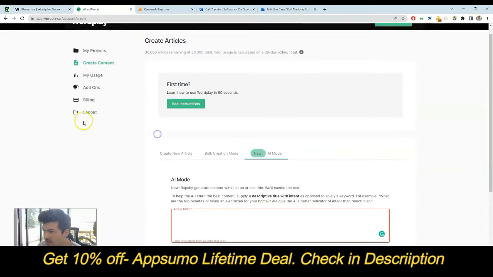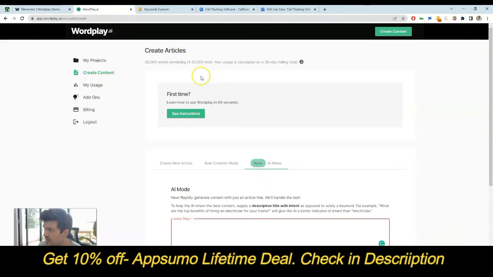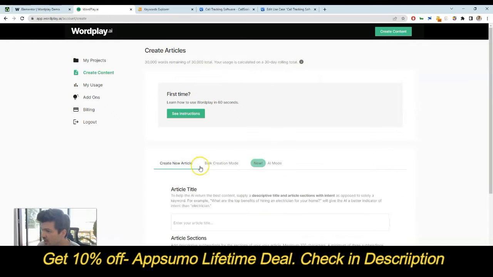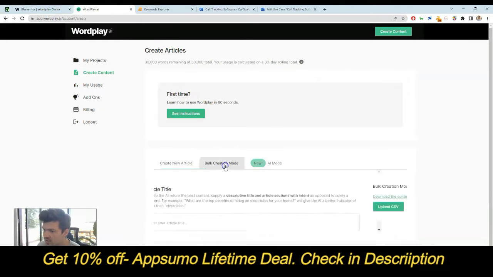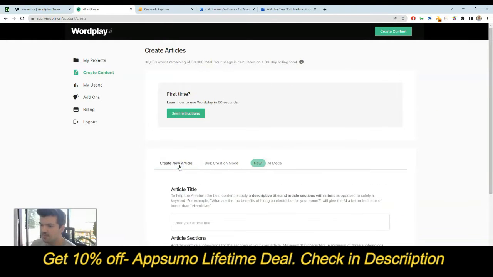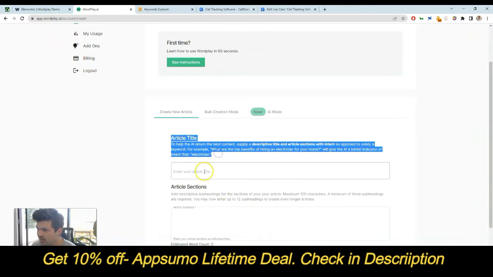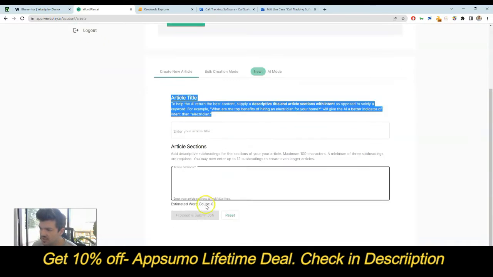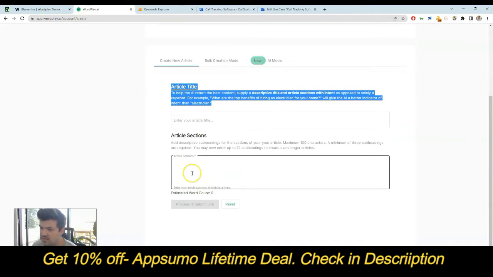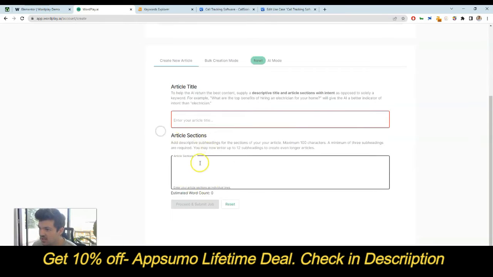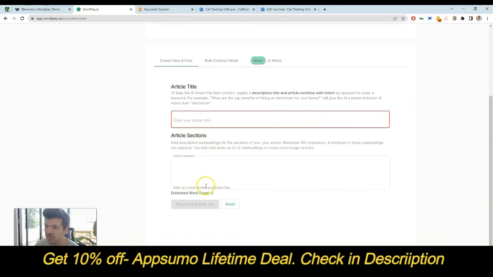So this is Wordplay. I'm in the create content area on a demo account here. But you'll see there's 3 different ways to do this. If you're signing up and you're watching this a few months after, I think we're going to change how this looks, but it'll generally be the same idea. We have article title, so you can give the title and then some sections here. So think of these as like your H1 and then H2s down here, and you could put up to 12